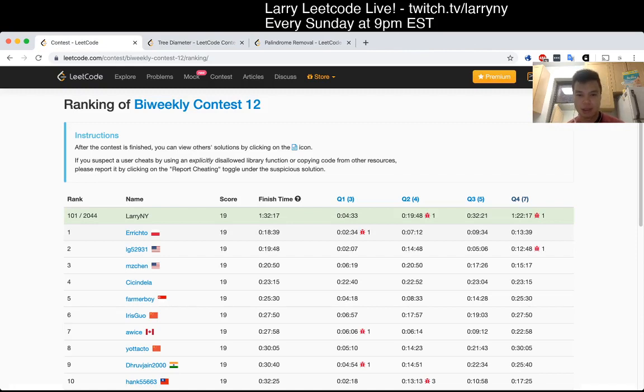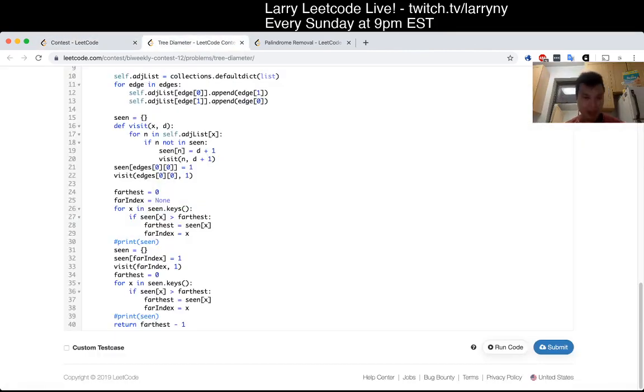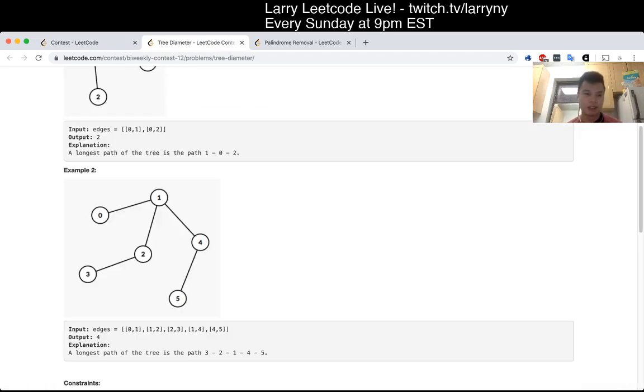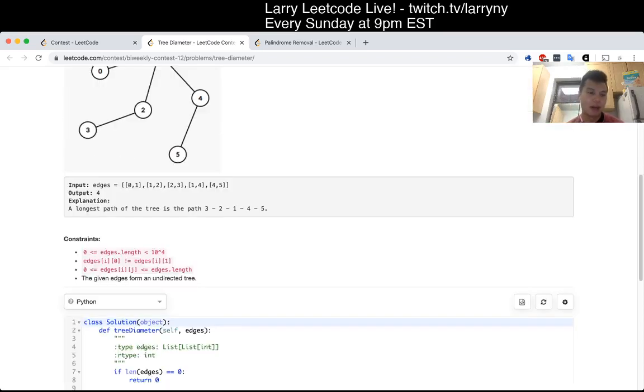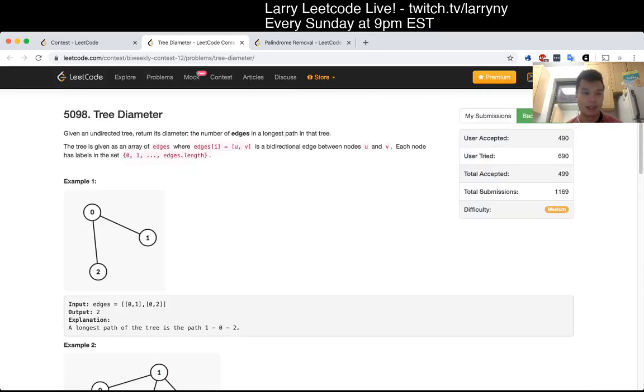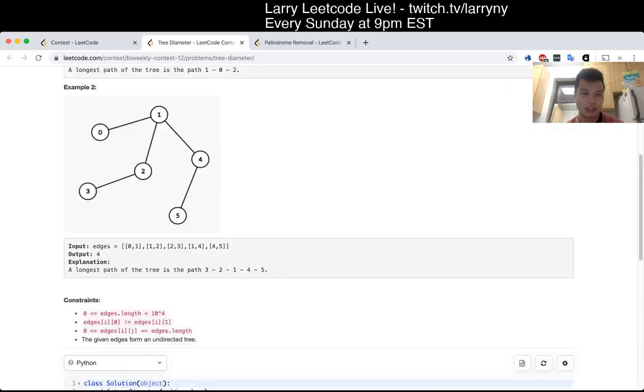Thought I did this one faster. I should have done this one faster, but to be honest, I knew how to solve this right from the get go. Some of this is that this is a very specific algorithm. So even though I knew how to solve this from the get go, I had to prove to myself a little bit, and that took a little bit of time because I wasn't confident about it. Even though I knew that's how you find a diameter of a tree, and it's very specific in the sense that I've seen it before, right? But it has been a while since I've seen it, so I wasn't confident about it. But the idea here is